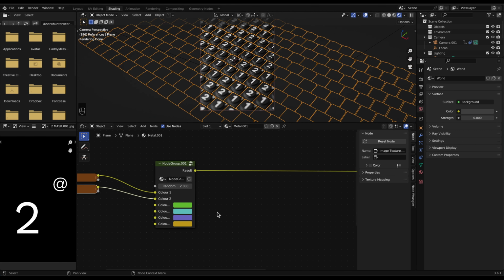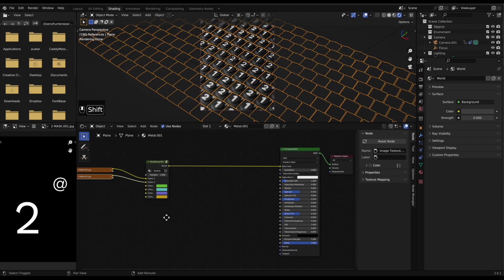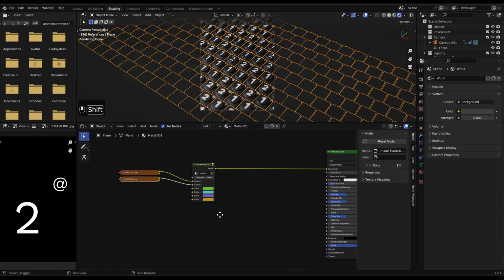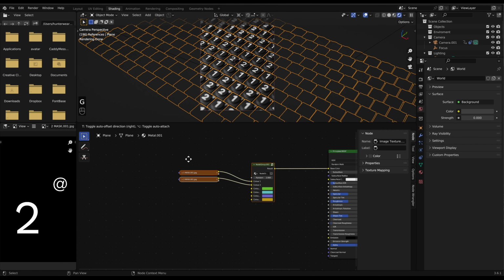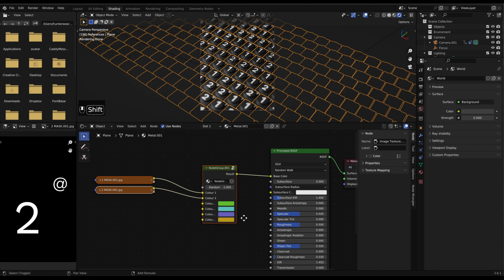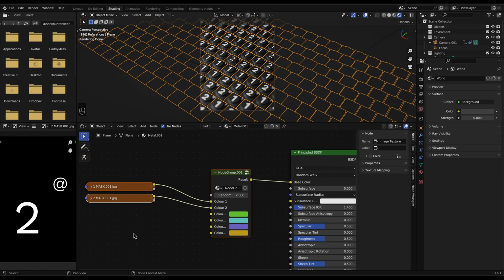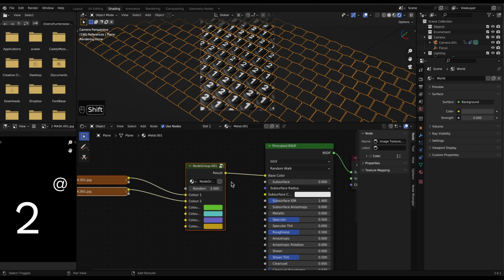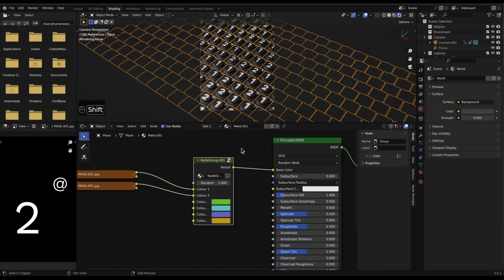So it's a really clever way to do this, and we can duplicate this and mix the shaders and all sorts like I had before. And it's a really cool way to create a randomized texture. Can be a little bit complicated. I would recommend watching this a few times to help you understand it. However, it can be really handy, especially for stuff that you're going to do with geometry nodes, which I've done here, to randomize it and make it a little bit easier for you to render this stuff.